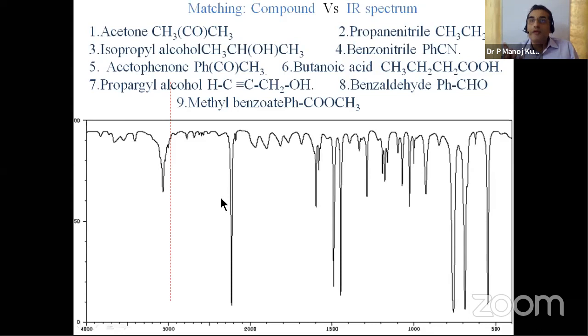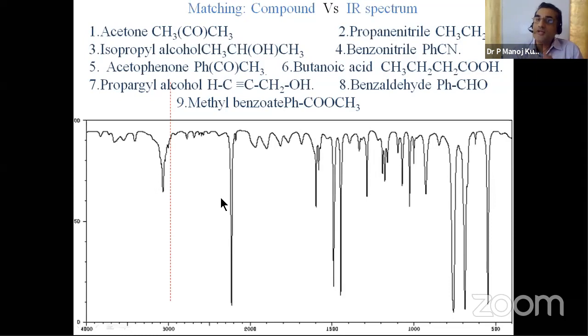For example, you are taking a compound with a nitro group. By analyzing the IR spectrum, you will come to know the symmetrical and asymmetric nitro group stretching. I am doing the reduction of this, and I am going to take the final compound. I have an NO2 group. I am doing the reduction. I am getting an amino group. While subjecting that compound to IR spectroscopic analysis, two things will tell me